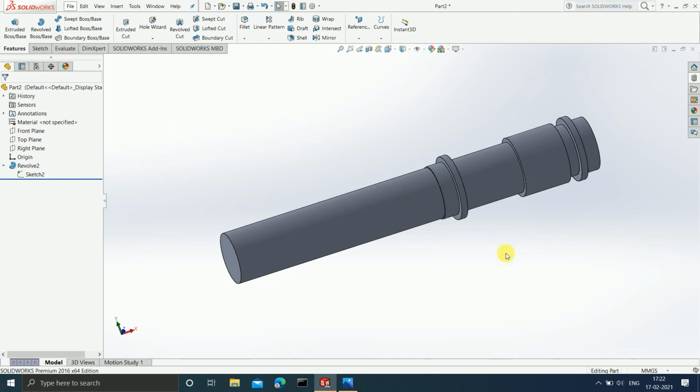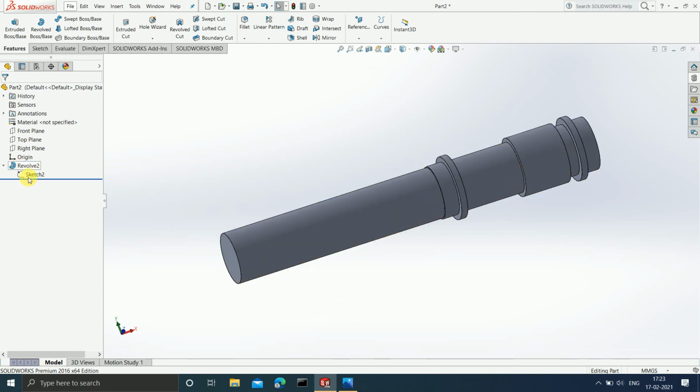But what happens here is that when you do such small strips, whenever you want to make changes, you have to search for this particular thing in the feature manager. Whereas suppose if I want to change this length from 100 to 50, I just have to do one thing.